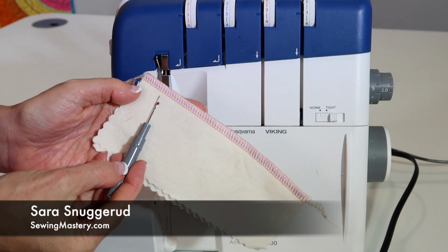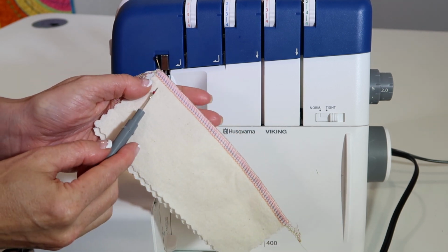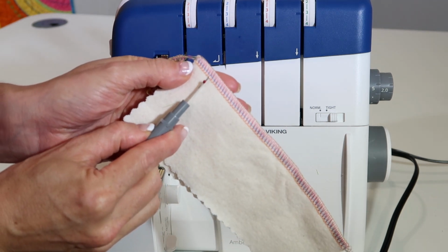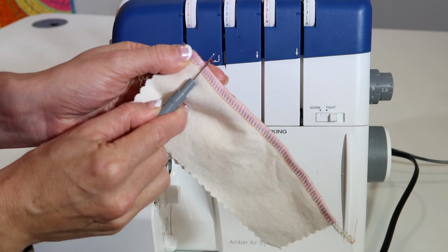If you ever need to take out a serger stitch, let me show you the easiest way to do it. It's actually not that hard. It just looks like there's a lot of stitches and a lot of threads. But if you take your seam ripper and go underneath both the needle threads, so for a standard 4-thread overlock,